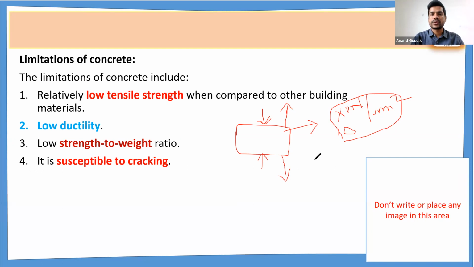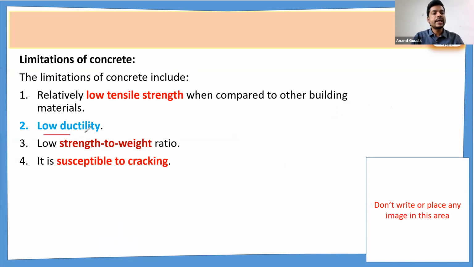Like if you take metal, you can apply the tensile loads on the metal, it can deform. But this particular concrete cannot deform like metals or any ductile material. So the major point is here, it cannot take tensile loads as much as compressive load. It can take high compressive loads, but it cannot take tensile loads. So that you will get clarity in the next coming lectures. Okay, so this is the first point. It is having low tensile strength. That is why this is one of the limitations compared to other materials.